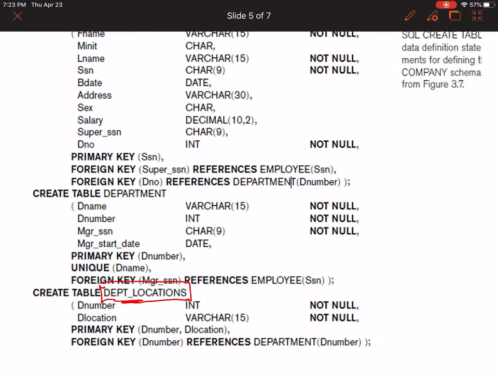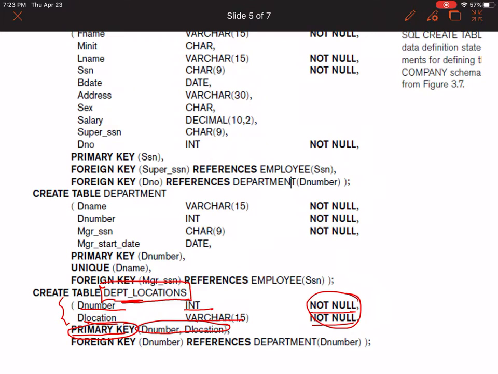So I have a table named department location, and I have a couple of fields here. I have D number, which is integer and not null, and D location, which is varchar 15 and not null. Can you see? D number and D location both together are making the primary key.